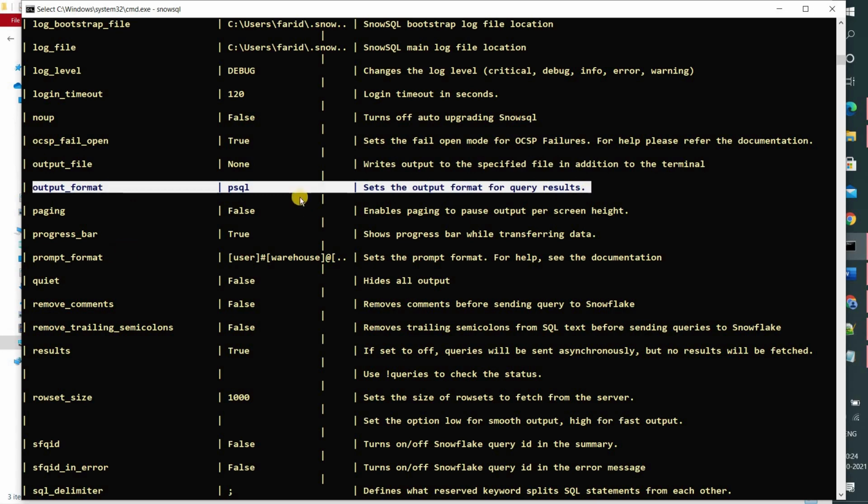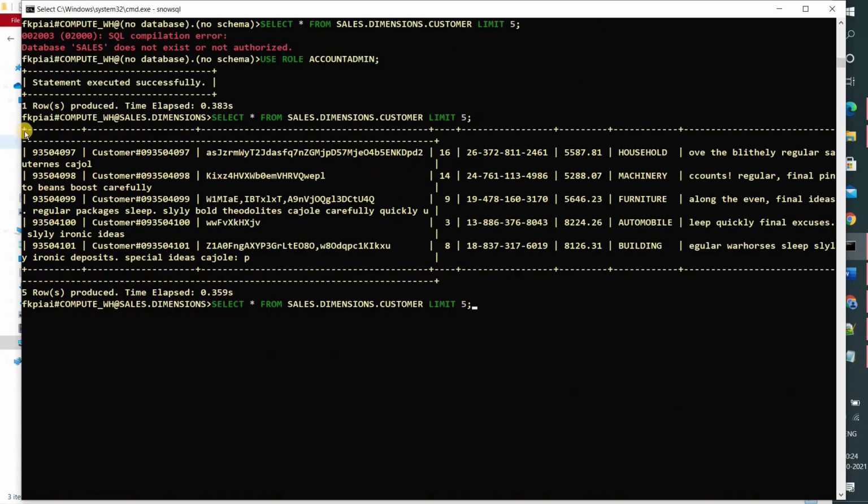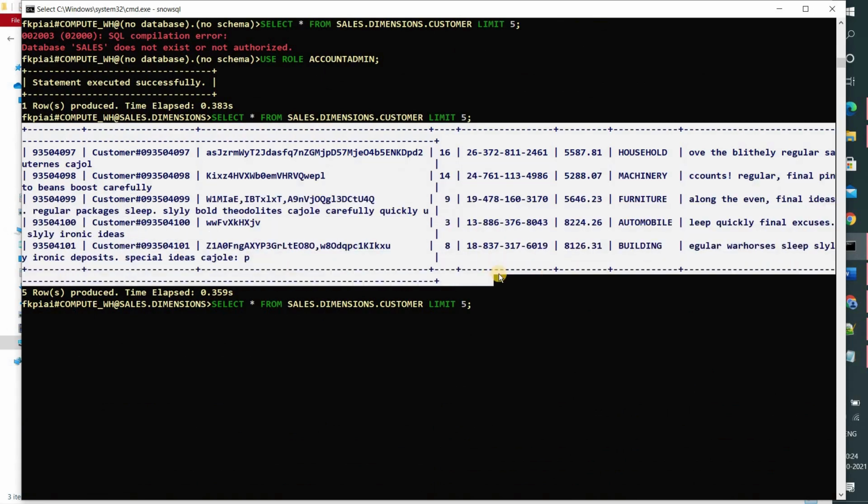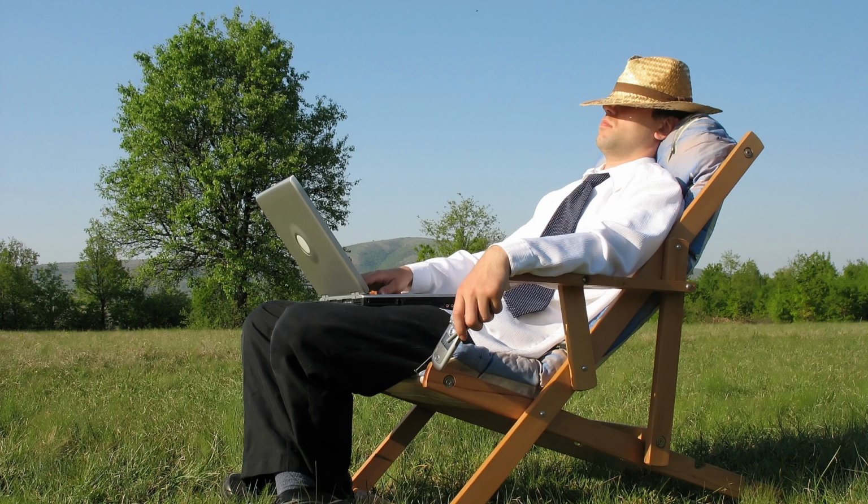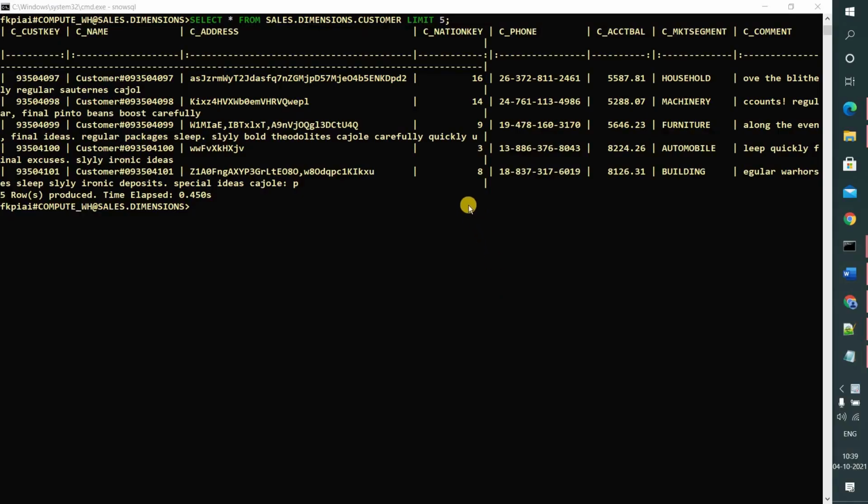Generally, the style of result you are getting is the PSQL format. So to see the difference between the output formats, let's choose only two columns.